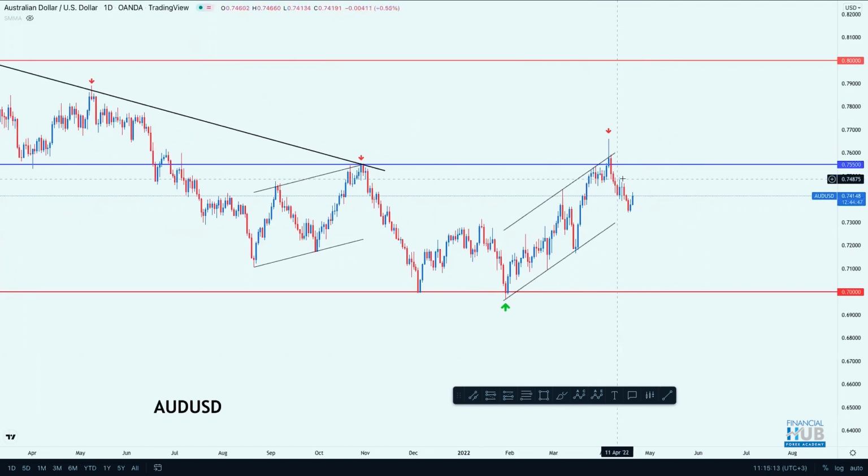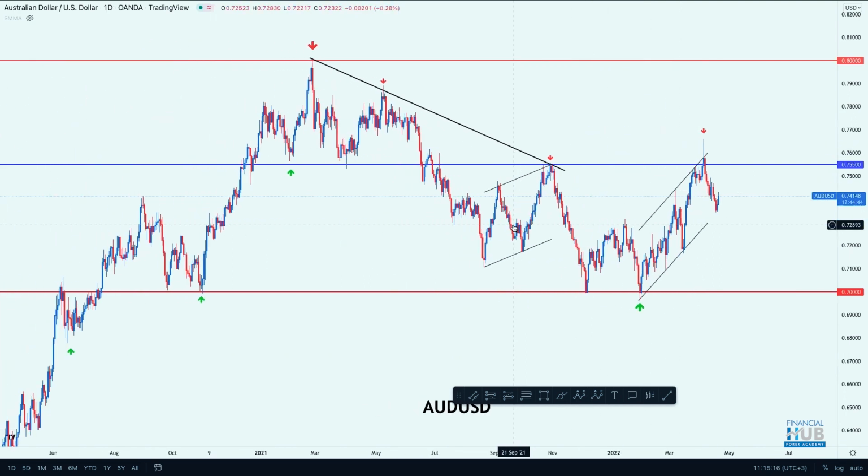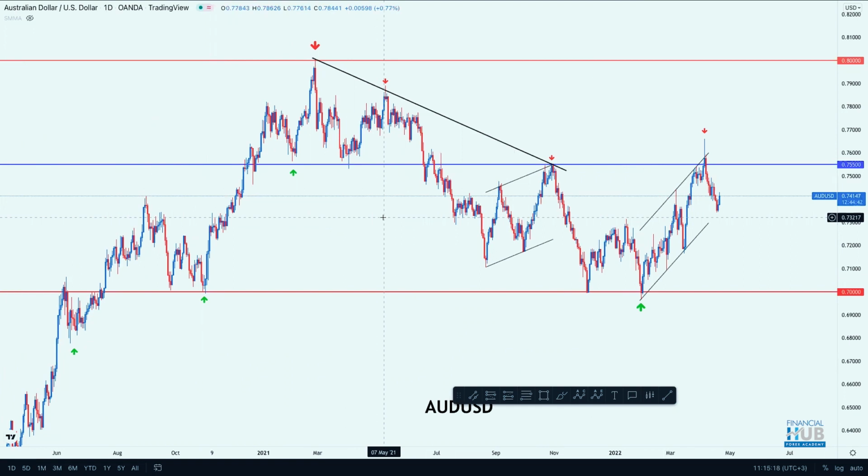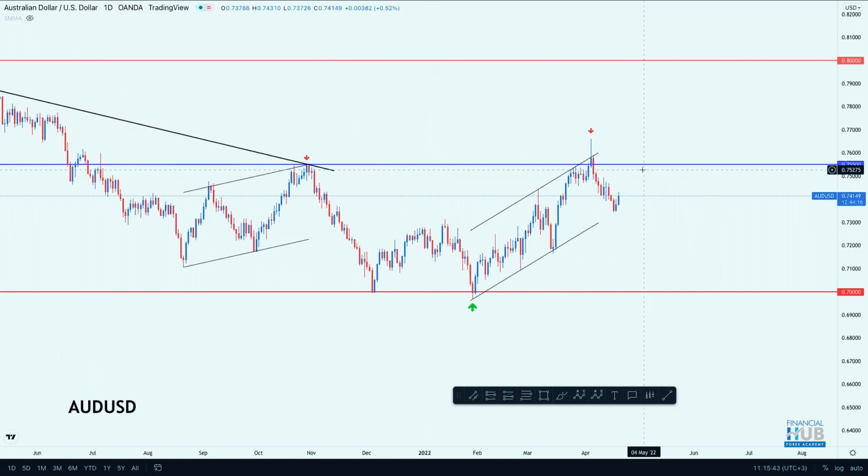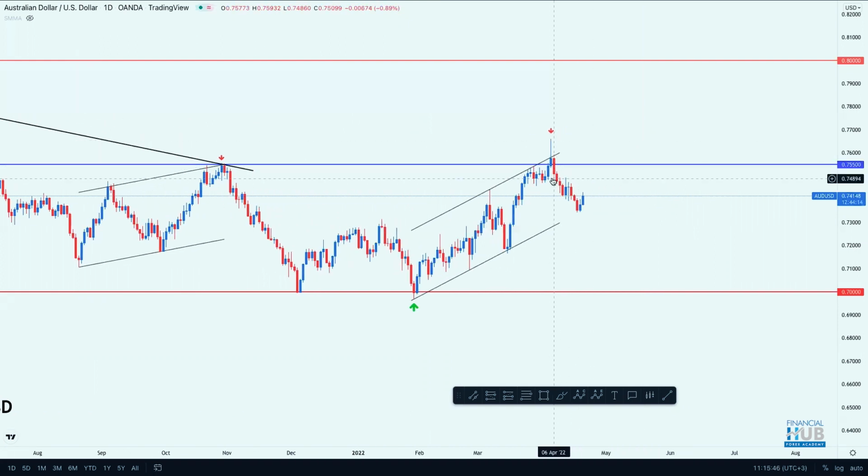0.7550 level. The market tried to break above it, a very, very good resistance. Before, it was acting as a very good support previously over here. Then the market broke it. Remember, I keep saying we want to pay attention to how the market is breaking key levels. If it breaks with momentum and stays below it, we want to be trading below that level. You can see how the market came, rejected that level, had that downtrend, came back, retested it yet again, then formed a new low, and now came back towards it, retested it, gave that false breakout towards the upside, but quickly got that follow through to the downside, looking like that gold pattern we've looked at.